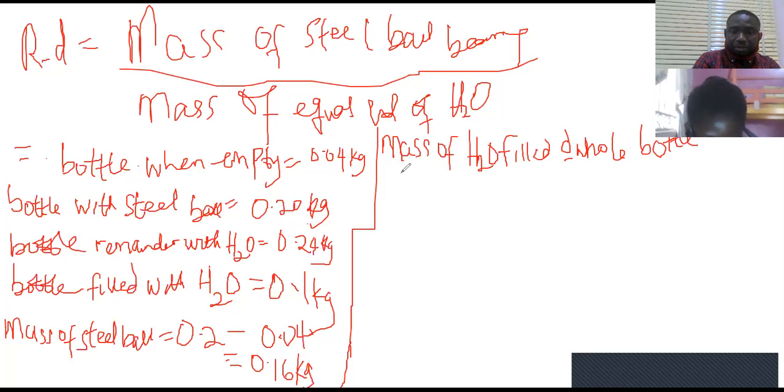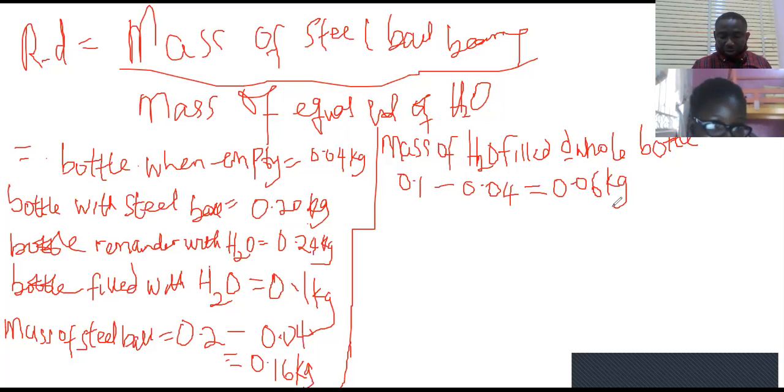Okay, that will give us 0.1 minus 0.04 kg. What would that give us? 0.06 kg. 0.0 what? 6 kg. Okay. Now, if we have done this now,